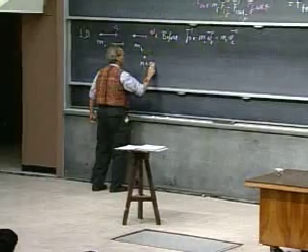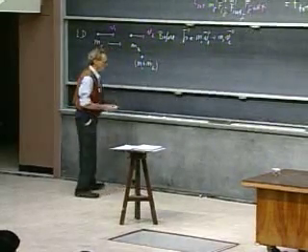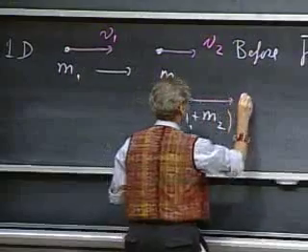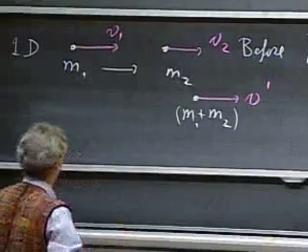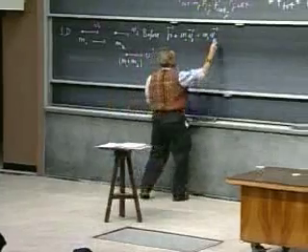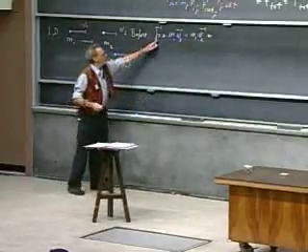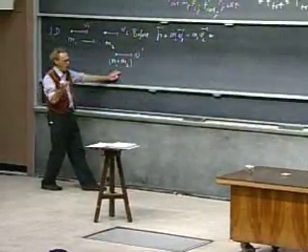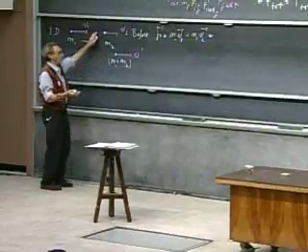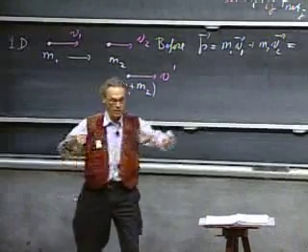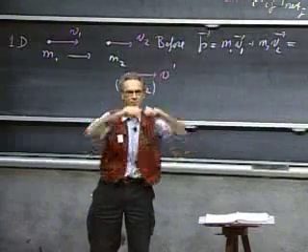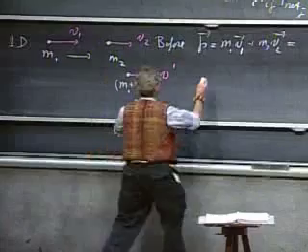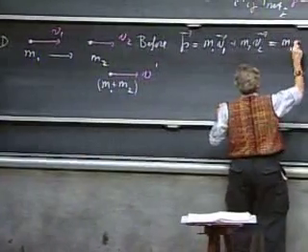Now they stick together, and so their total mass is m1 plus m2. Their velocity happens to be v prime. We often give a prime to the situation after the collision occurs. Now I can apply for the first time the conservation of momentum. The momentum before must be the same as the momentum afterwards because there are no external forces on the system. When they collide, you better believe there are internal forces. You better believe there is glue, and it goes plunk, and they both feel those forces. The momentum of each one individually is changing, but not the momentum of the system as a whole. And so this equals m1 plus m2